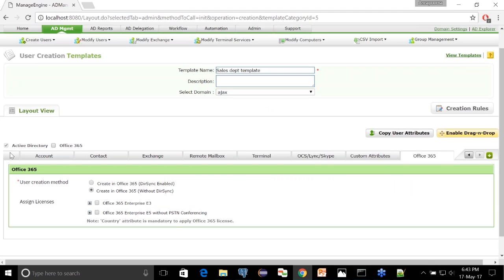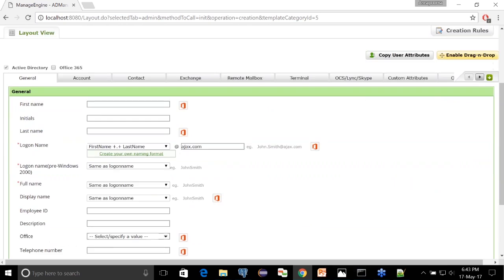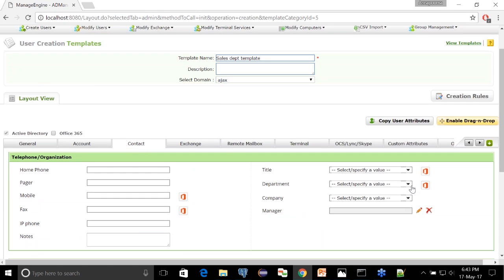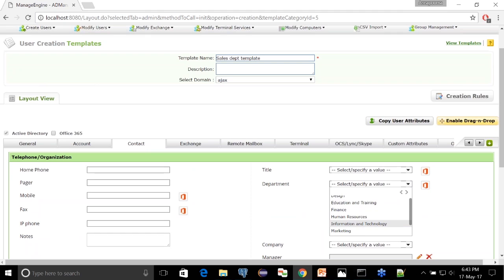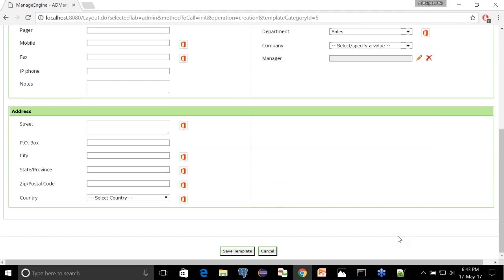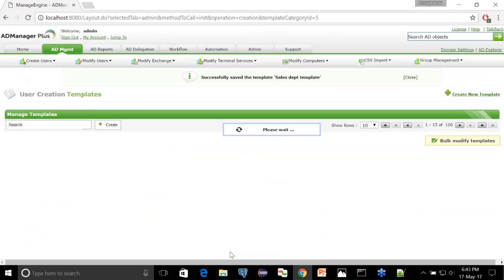If you want to provide any Exchange related attributes, just move to the Exchange tab, choose mailbox enabled user, choose your Exchange server. You can even provide the email alias, simple display name, and if you want to set any delivery restrictions or any policies, you can set all that under the Exchange tab.